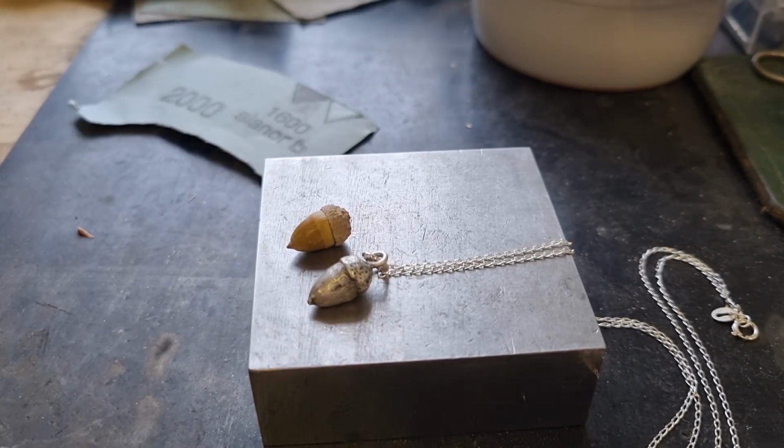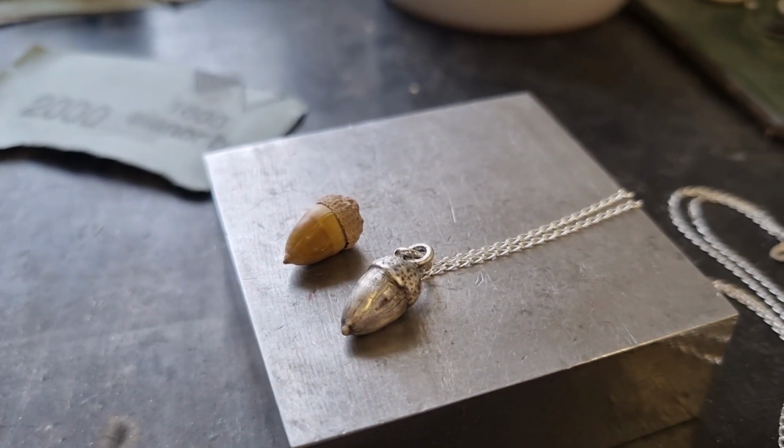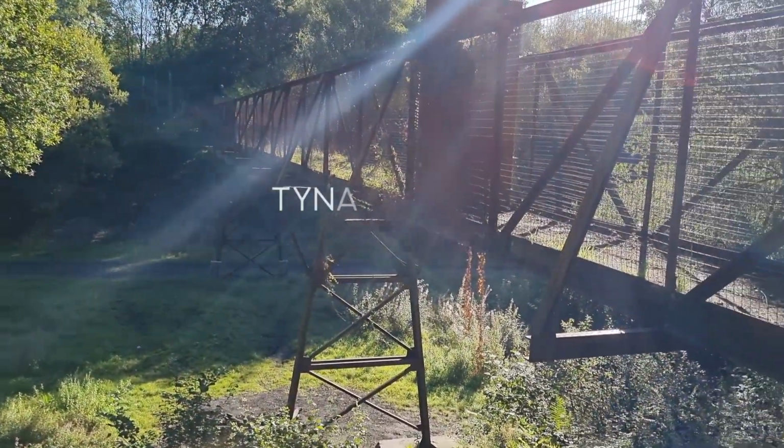Actually spied this little acorn while out on a dog walk. As soon as I saw it, I knew I had to take it home with me. So here's a quick look at how it turned out, and you'll see a bit later the process that went into making the pendant, but I thought I'd take you for a little walk first, so let's go explore Tynant